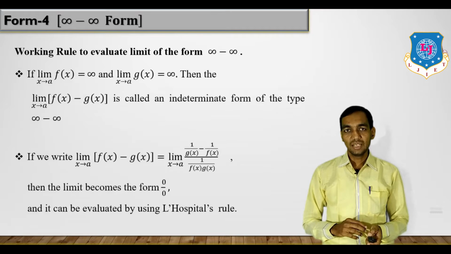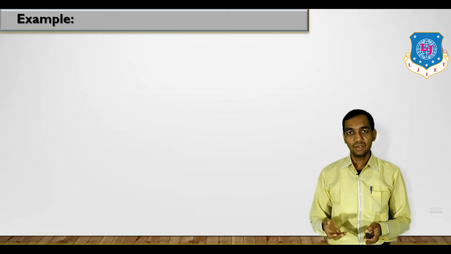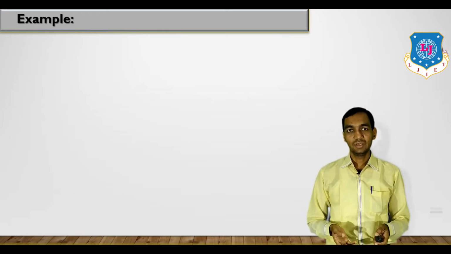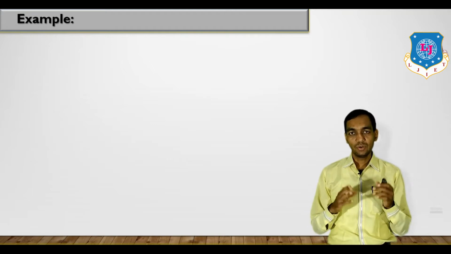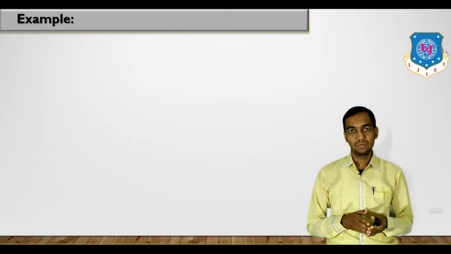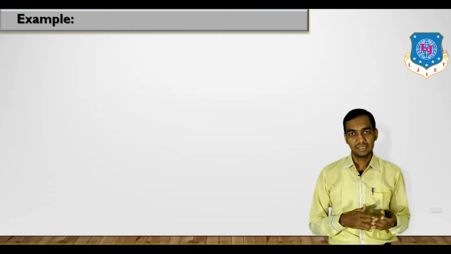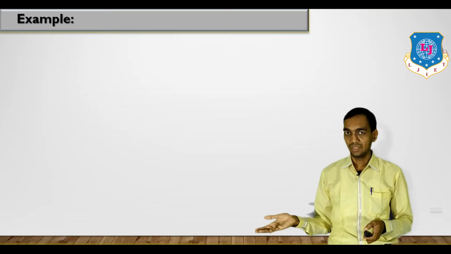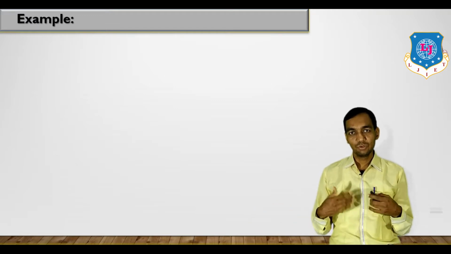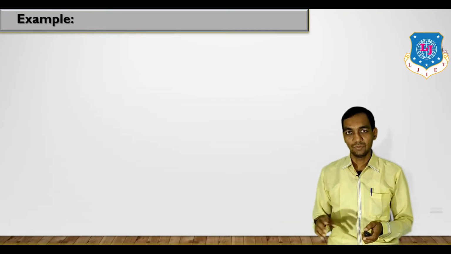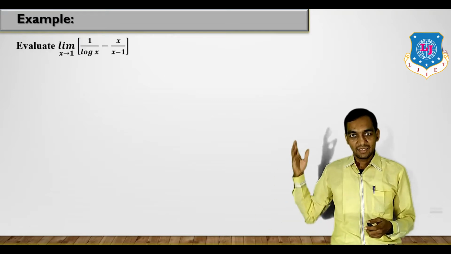So, using L'Hopital's rule, we are going to evaluate the simple limit, and whatever answer we get is our required answer. See, you have only two basic forms. The first one is 0 by 0 and the second one is infinity by infinity, and all the remaining forms are basically reduced to these two basic forms. Now, starting with the example,